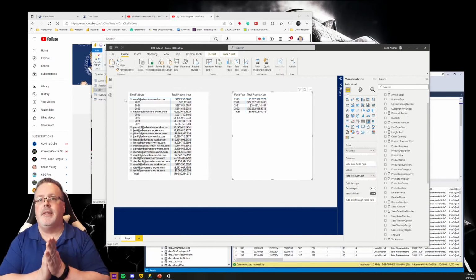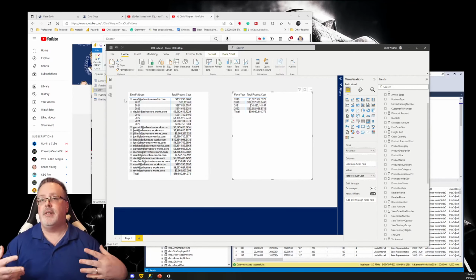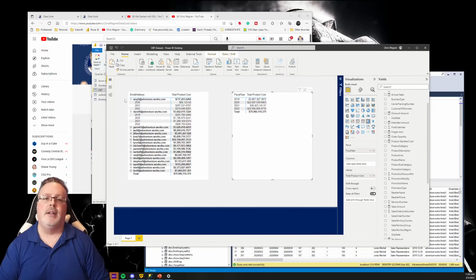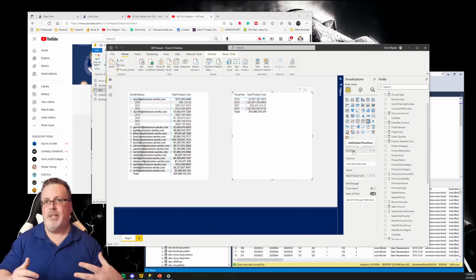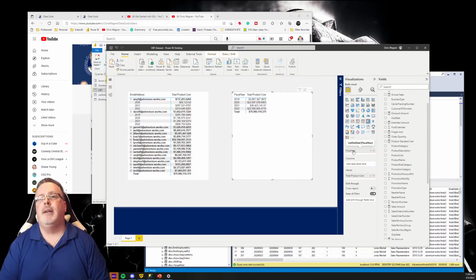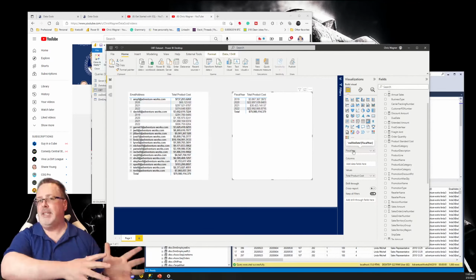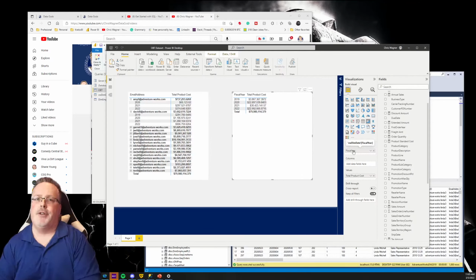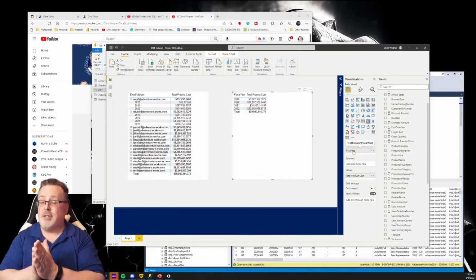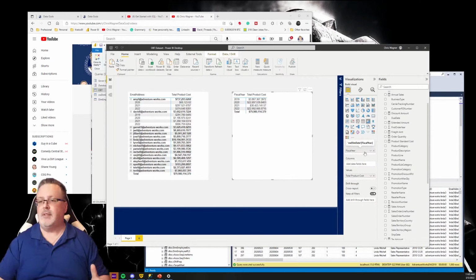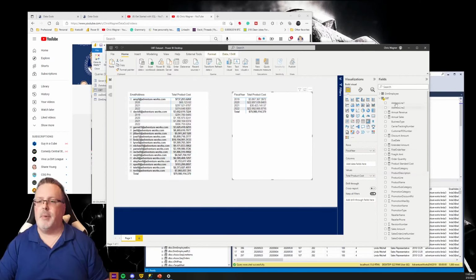But the reality is you just continue to rinse and repeat on this until you get to the point where you've basically removed any of the columns inside of your report that are text inside that one big OBT file. And you basically go from having one big table to actually having your first star schema. Once you get to the point where you have no more columns available inside of your model here,